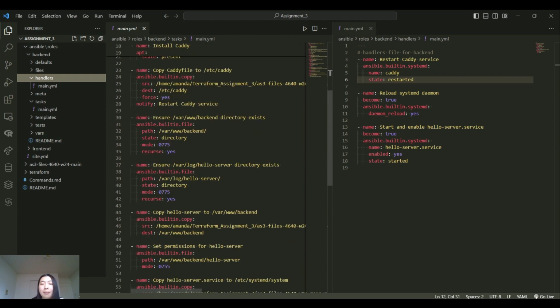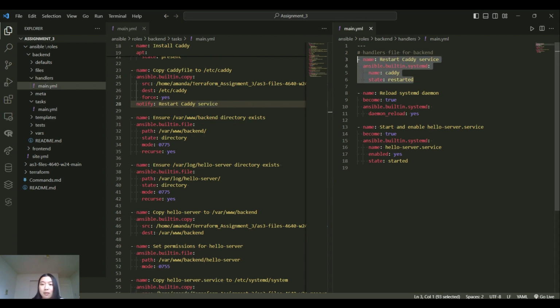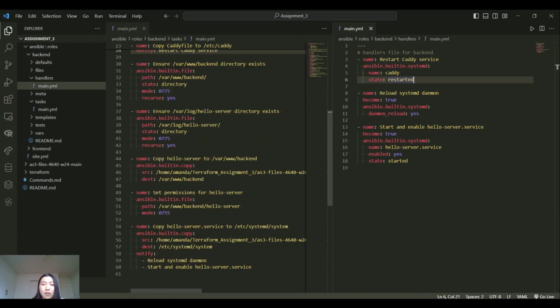And I copy the Caddyfile to /etc/caddy, and because there is originally a file already in it, I have to force it to replace it. And then after it is replaced, I will restart the Caddy server using the handler I specified here. Then I create 2 directories,